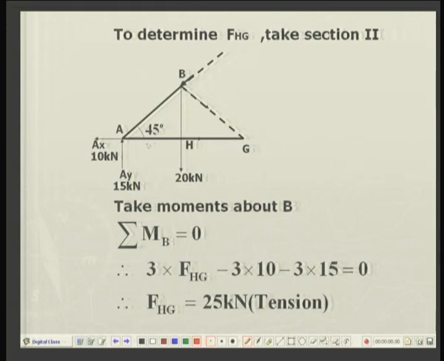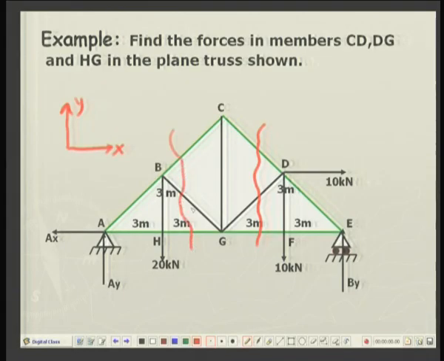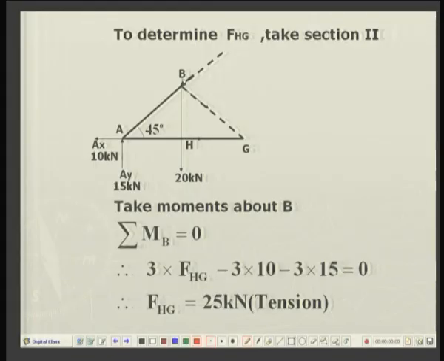So, here we will proceed from the left hand end and take a second free body, that is somewhere over here, HG. So, I will take a free body like this. This is free body number 1, cut number 1, this is cut number 2. Okay. So, if I do this cut, these are the members which are cut.